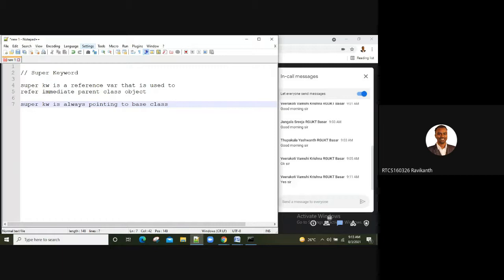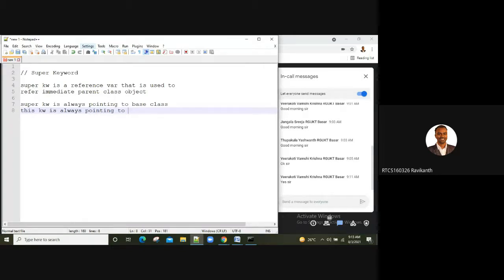So the scope of the super keyword would obviously be outside the class, because it is referring to a base class from the child class. It is just like the reverse of the this keyword. The this keyword is always pointing to which class?